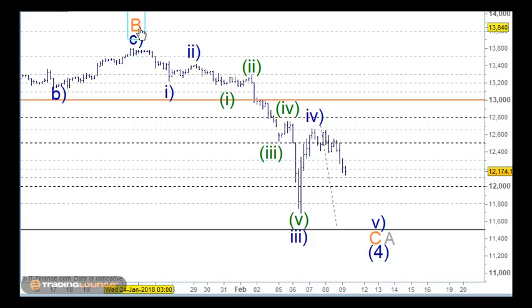So we've got wave B up here, and we're looking for wave C coming down, but we know now that it may only be wave A here as well, coming down. So this particular move that we were looking at yesterday, we were considering from wave B here in 5 waves of 1 and 2, and then 1 and 2 and 3 and 4 and 5 here for the third